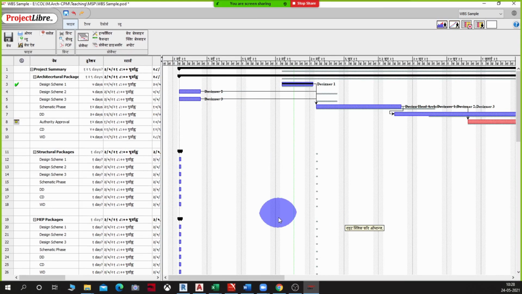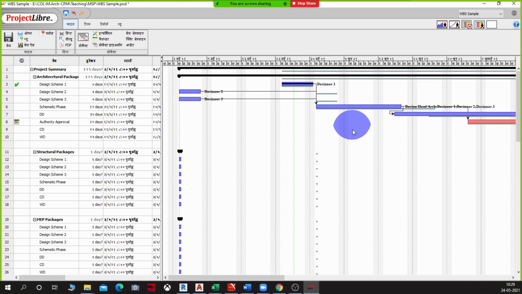You see that? It's all in Hindi now. Sorry, while dragging I changed the dates here, but you can see the thing is now in Hindi. You also have Tamil available there, and if somebody is interested in writing this program in Kannada, you're more than welcome. I think the Project Libre community is actively looking for translators for various languages. You can help them with any language that you want this program to be available in.